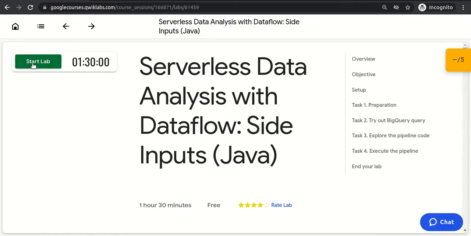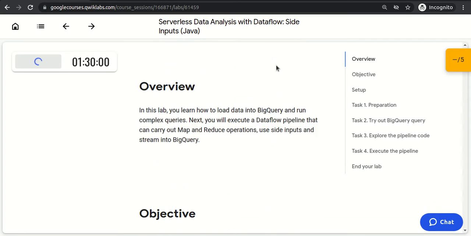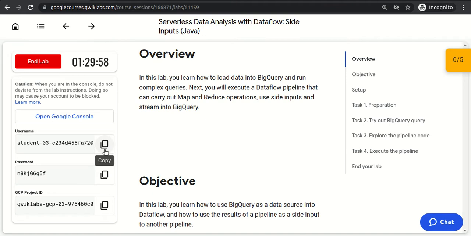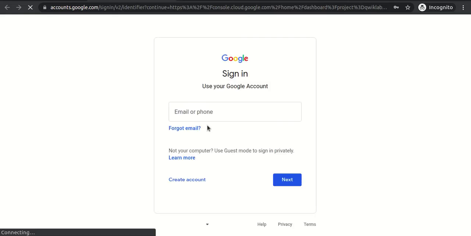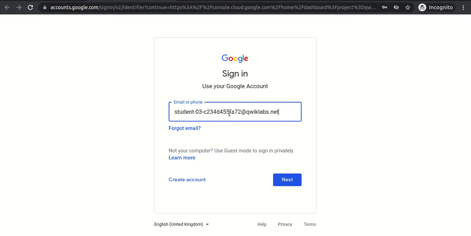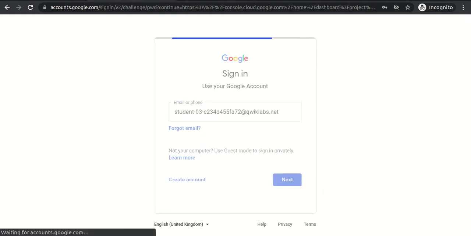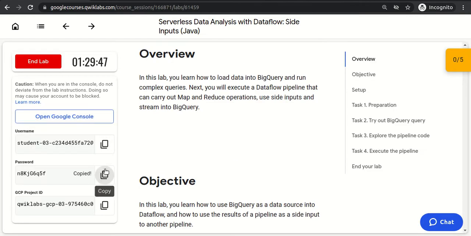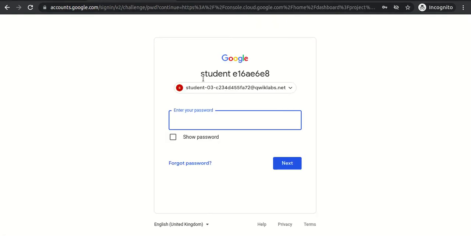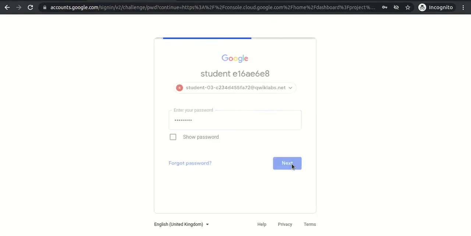So let's start the lab. Copy the username, open Google Console, paste the username or email, copy the password, next.